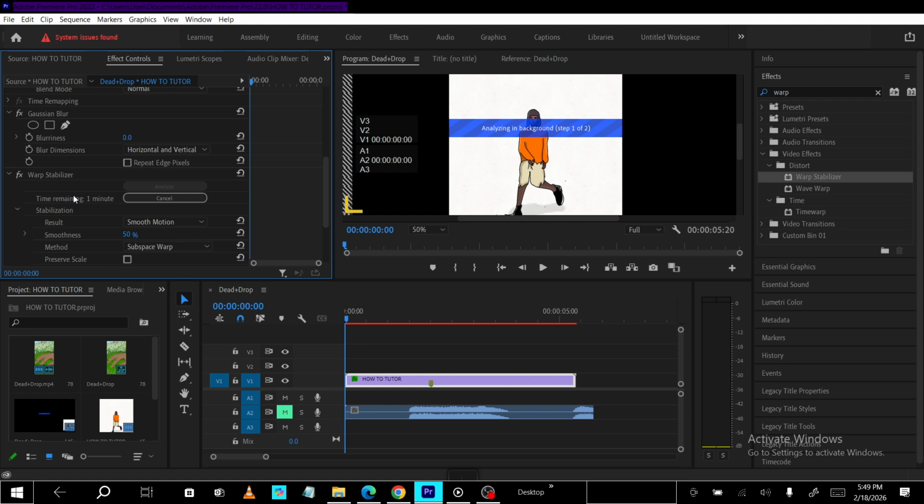For borders, choose how Premiere handles the edges created by stabilization. Stabilize Crop Auto Scale is a helpful default because it automatically zooms in